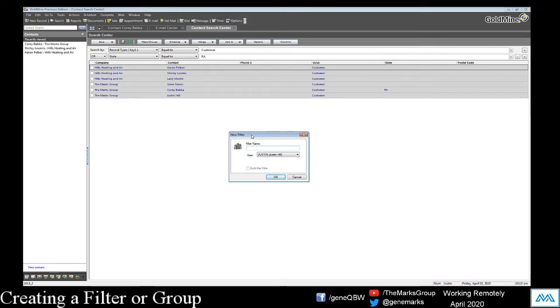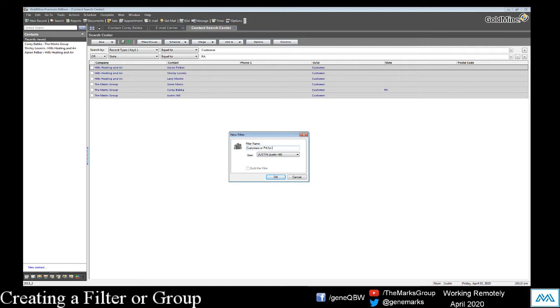You know, back in the day, before we were able to create filters with the Search Center, it was really cumbersome. So in this case, we want to save our search, and we're going to call this... I recommend always name your filters explicitly. You want to be very detailed about what the filter is showing you in case another user wants to use it. So I'm going to say customers or PA